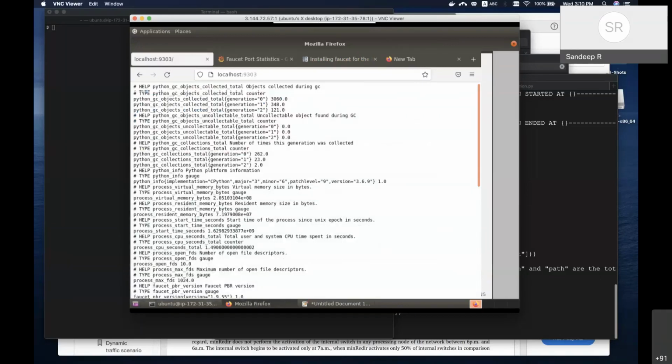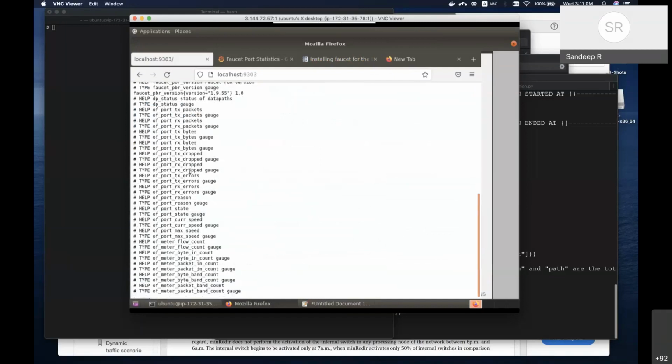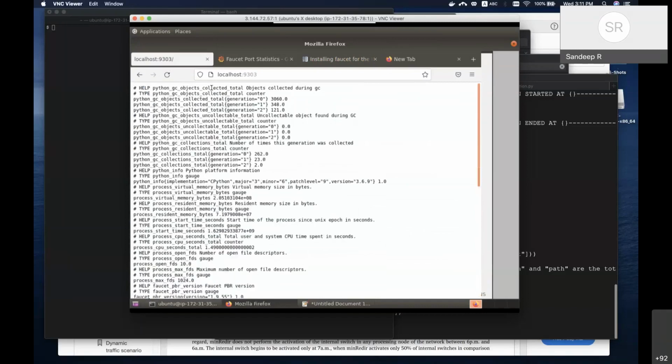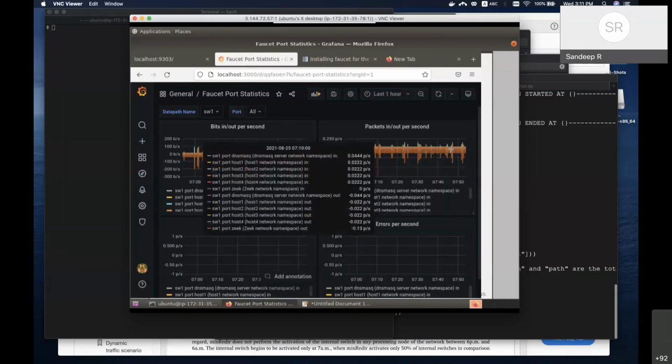It just keeps telling what all is happening. Everything is, in our case, implemented as a Python program, so you'll see a lot of Python calls being registered. All API calls, all the event logs, everything will come to Grafana. Faucet is where we show the monitoring. It's like a monitoring dashboard.